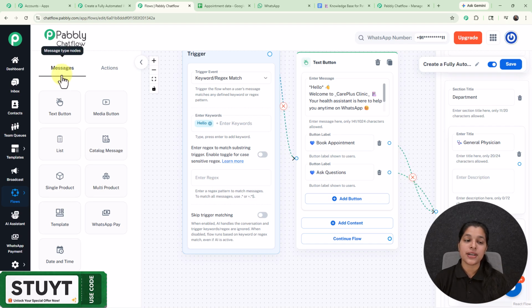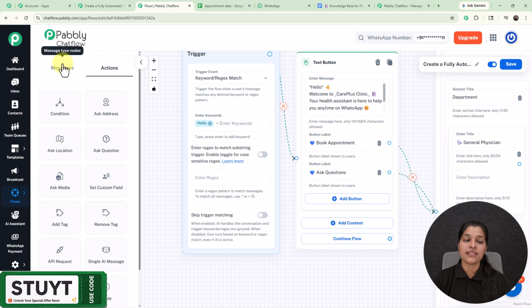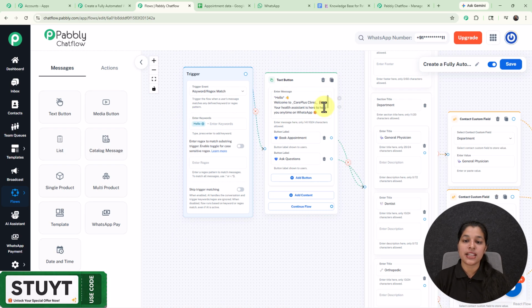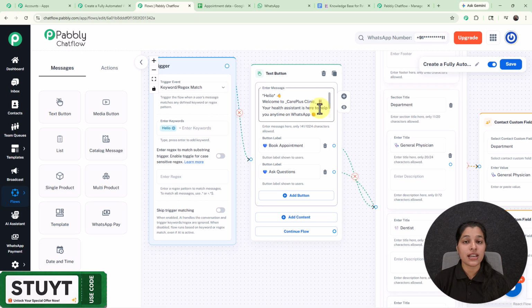And here on the sidebar you can check out these messages and action blocks, which you can think of as the main building blocks for creating this WhatsApp chatbot flow. So you can drag any of these blocks and create the flow for your WhatsApp chatbot. Now if my user sends me a message, I'm going to send them a welcome message, and for that I have to use the text button node, which you can get by drag and drop,